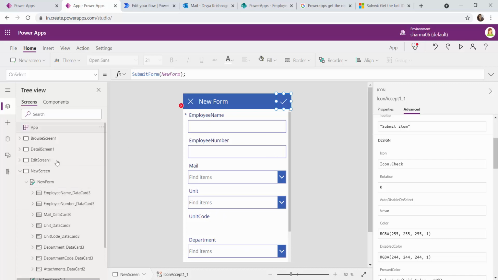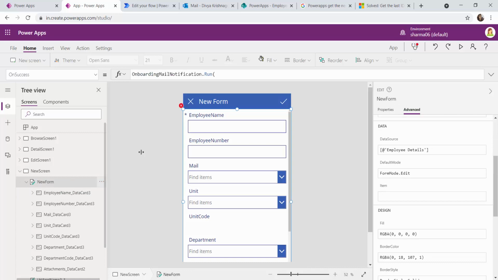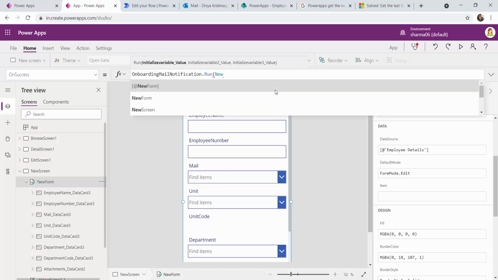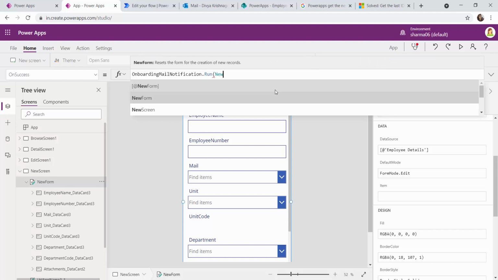So if the submit operation is successful, we have to retrieve the latest details directly from the list. For that, Power Apps also provides us a shortcut. Let me show you. This is the new form. I'm going to get the last submitted data from the new form itself.